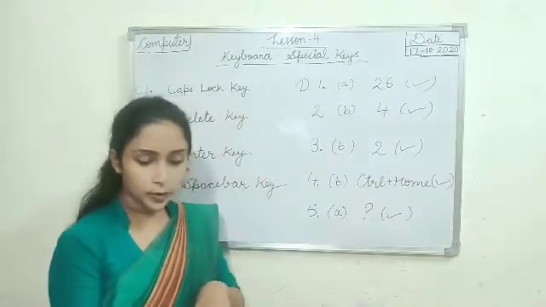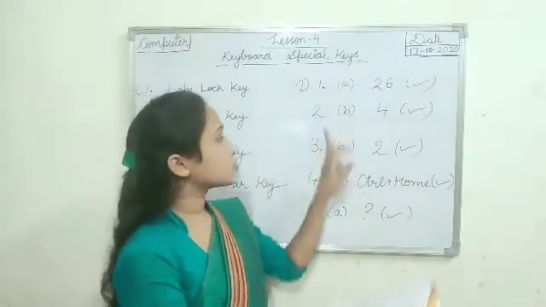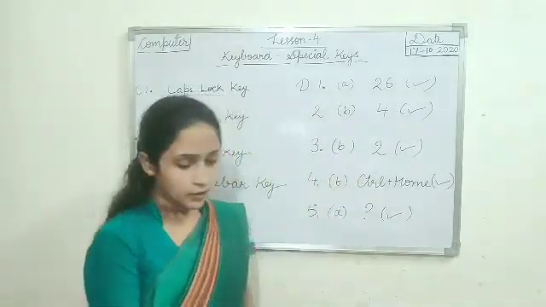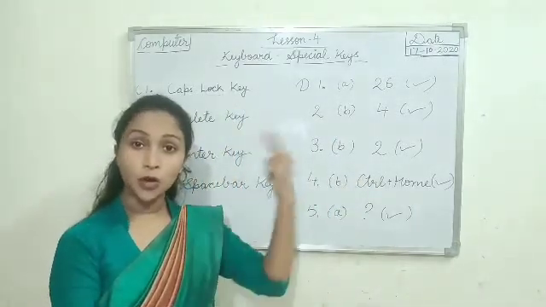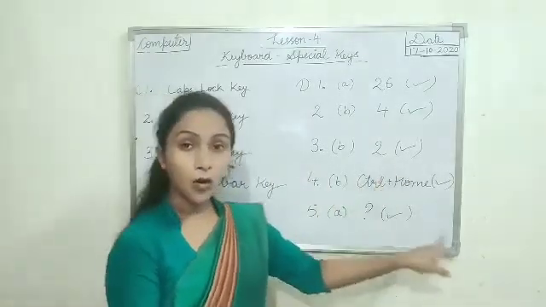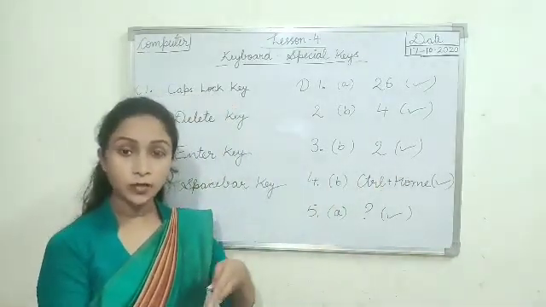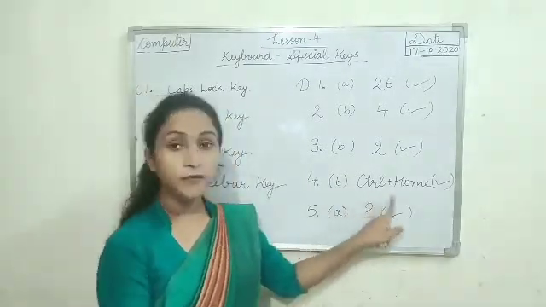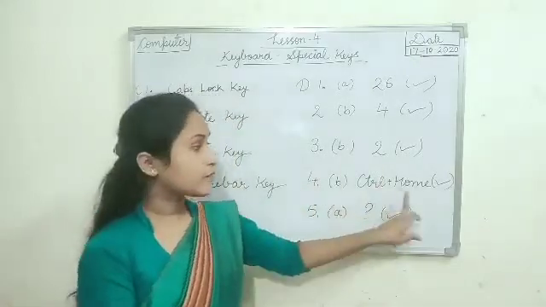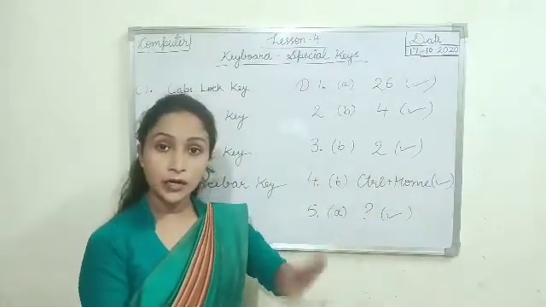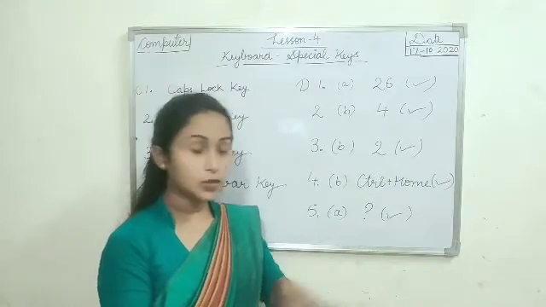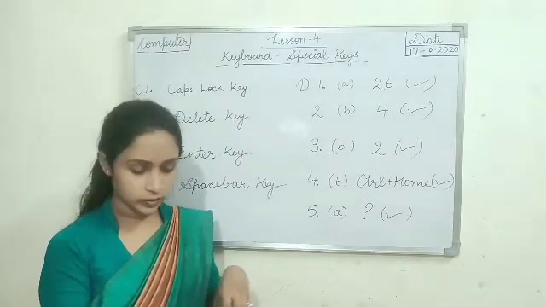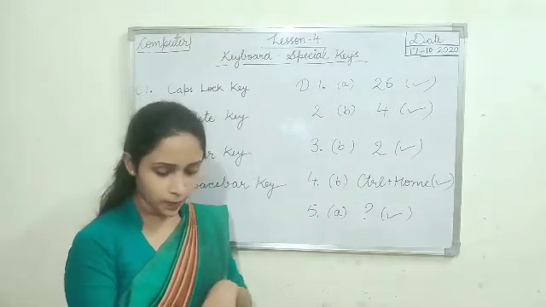How many alphabet keys are there on a keyboard? 26. How many arrow keys are there on a keyboard? 4. Next, how many enter keys are there on a keyboard? 2 enter keys. Which key combination is used to move the cursor to the top of a document? Control plus home. And to the end of the page, to the end of the document, always control plus end. If home is there, it means top of a document. If end is there, it means to the downside, to the end of the page. Clear? Bottom of a document. Which among the following is a type of a punctuation key?